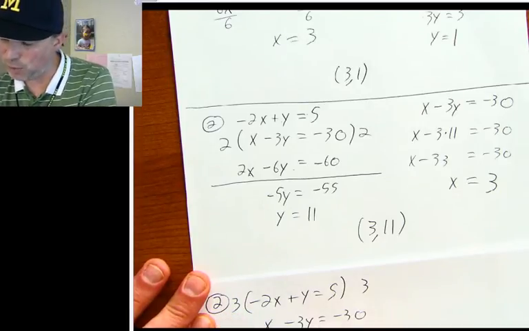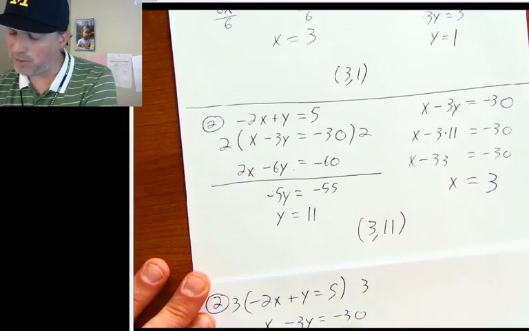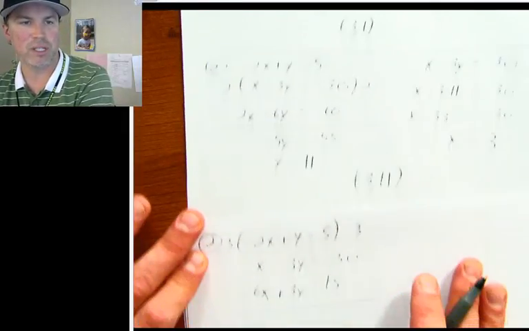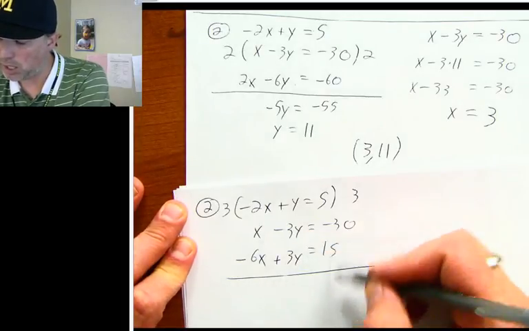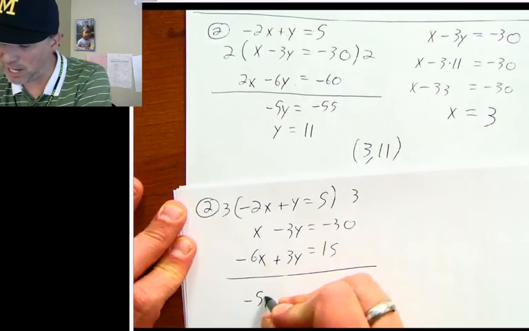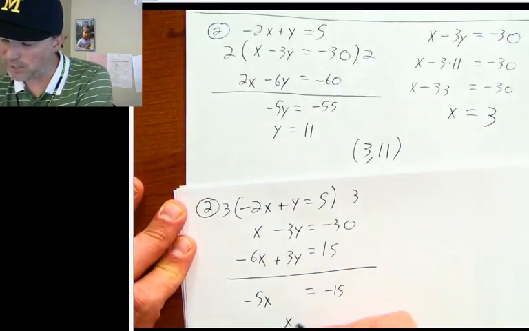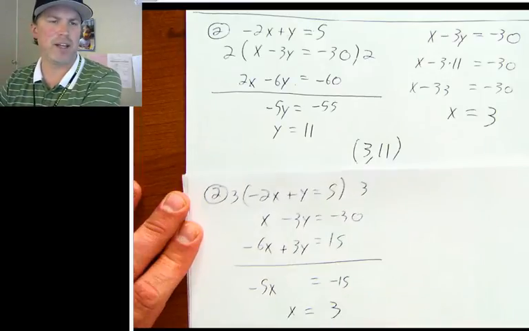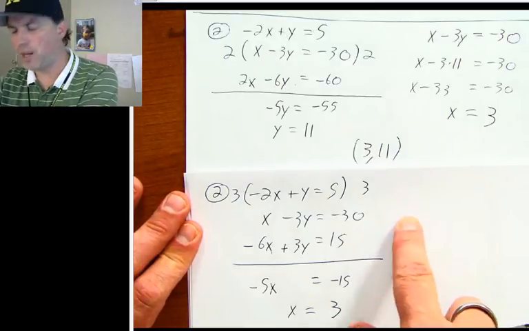3 times negative 2x is negative 6x. 3 times y is positive 3y, and 5 times 3 is 15. When I add the two equations here and here and here, the y's will cancel out, the x's will not. I'll be having a negative 5x, a negative 15, and when you divide both sides by the negative 5, you get x equals 3. You then, I'm not going to finish this problem, you then plug it into either one